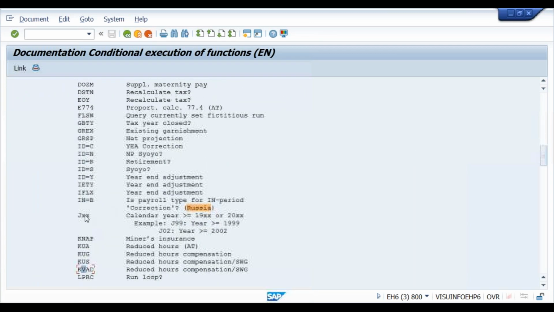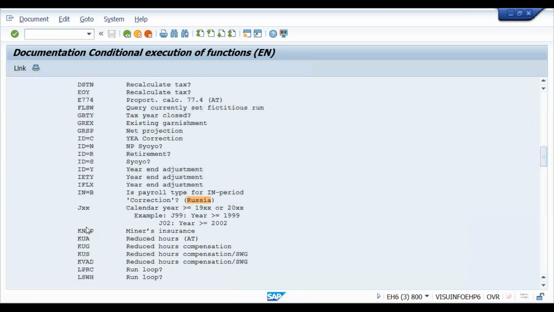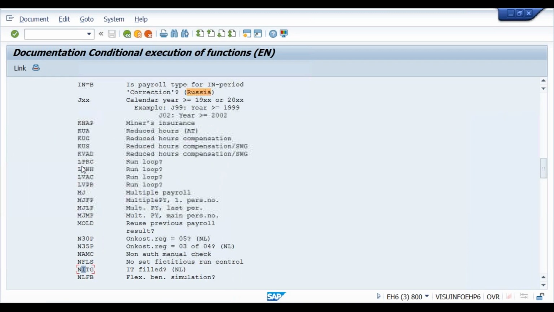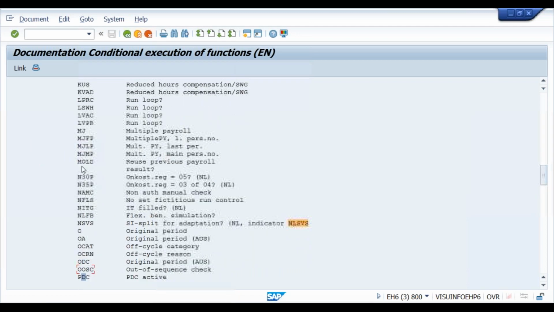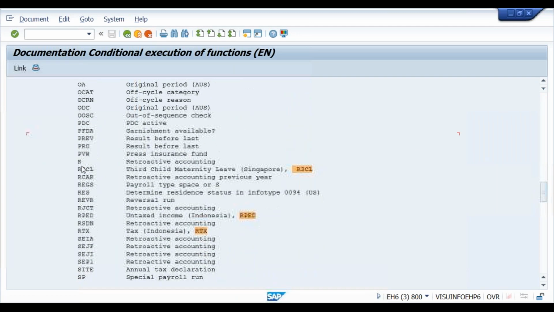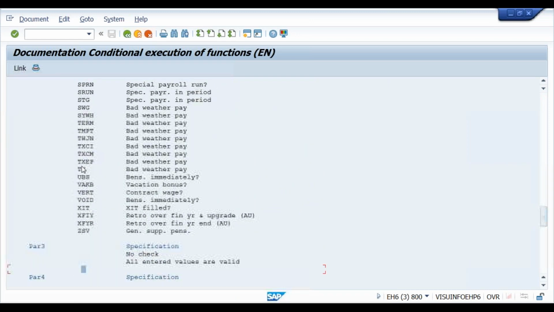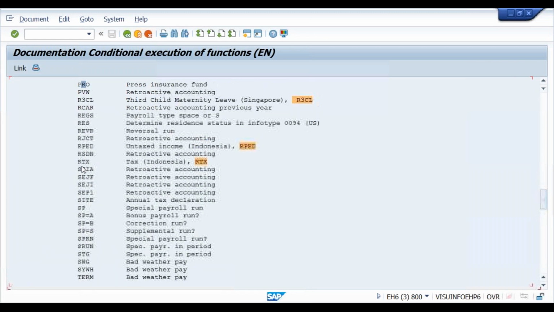See, using this you can only query the year. You cannot query the period number. So it doesn't help because we need a period also. And I don't know whether this parameter can be used in India, so we need to check that as well. Also check if there is any operation on the period so that you can put nested IF conditions. None of these are useful to us.